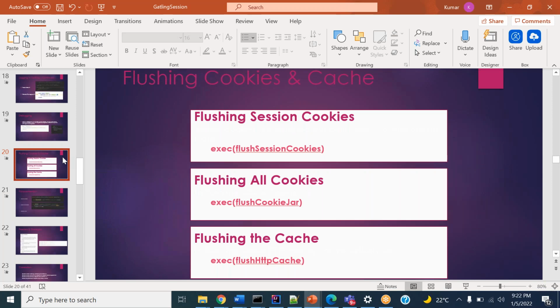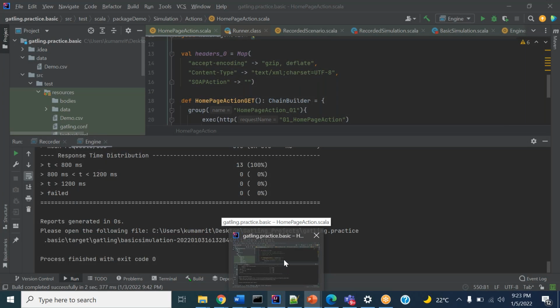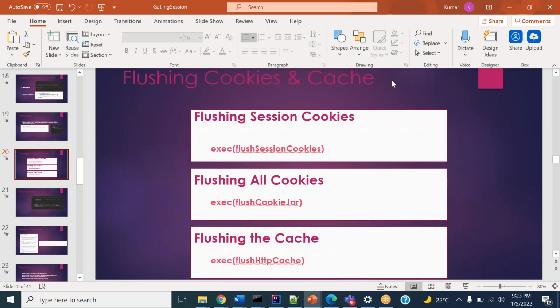So the thing is that we are just going from very basic now. We are just making you familiar with the tool, because if I open Eclipse or IntelliJ IDE and start writing the code, nobody will understand. Let me get you familiar with the structure of Gatling first, then we'll go to the advanced level. We'll do everything.